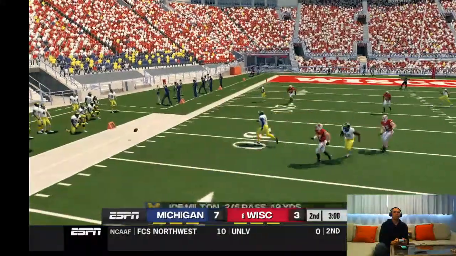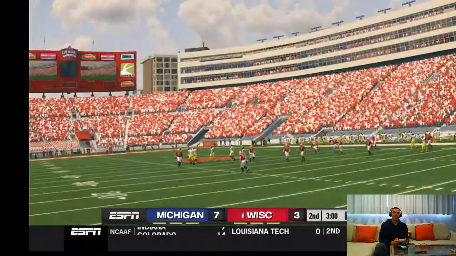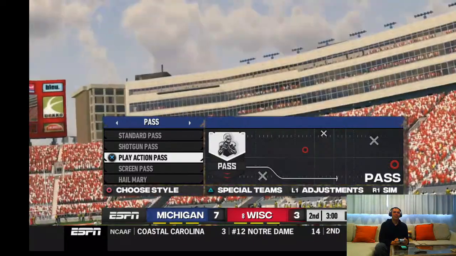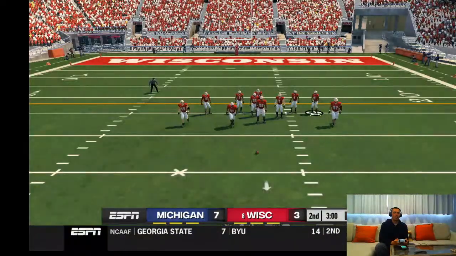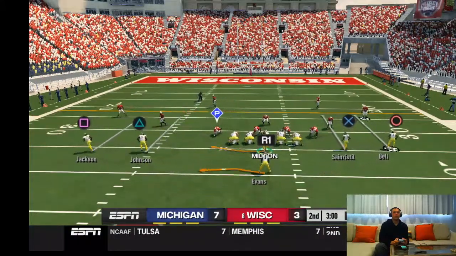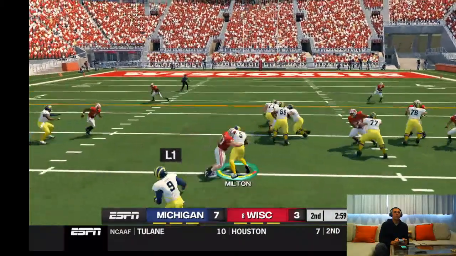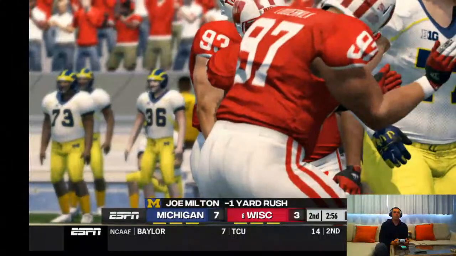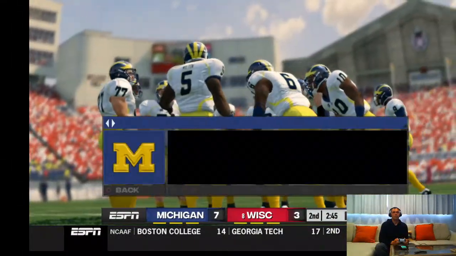Ooh, terrible. That was supposed to go to the tight end, but it falls to the ground. That's an awful throw. Oh my God. That makes it 2nd and 10. Michigan is up 4. And they make the stop at the 33. The option can be really tough to defend. At that time, it was well played by the defense.